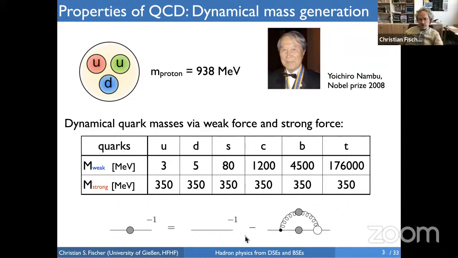As a result of this interaction, we see on the left-hand side of this equation no longer a bare quark, but a so-called dressed quark, which is denoted with this blob here. And that contains the full physics of quarks propagating through space and time and interacting with itself. Now, the interesting feature about this equation is that this fully dressed quark propagator also appears in the self-energy on the right-hand side. So if you want to solve this equation, you have to solve it self-consistently. And you have to know the additional inputs, which are the fully dressed gluon and the fully dressed quark-gluon vertex. I will come back to these elements in a couple of slides.